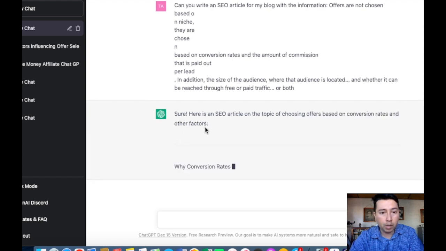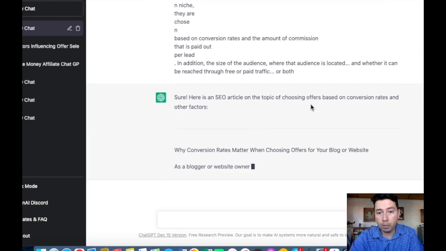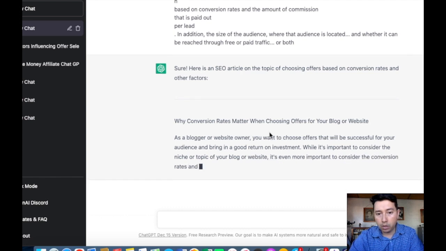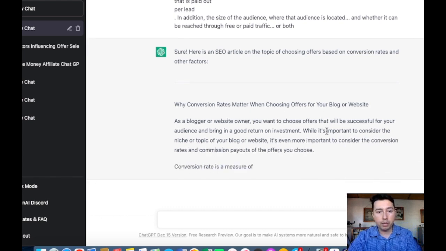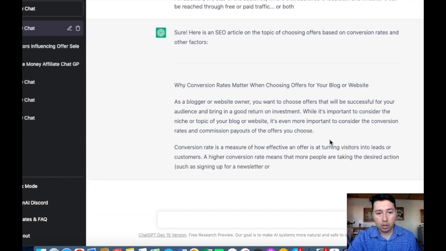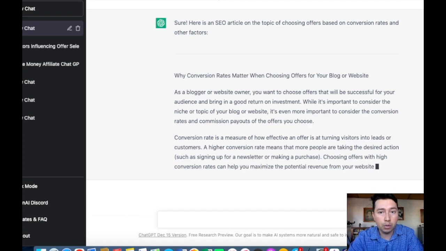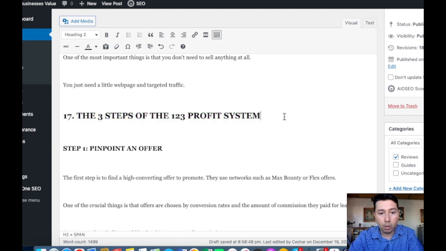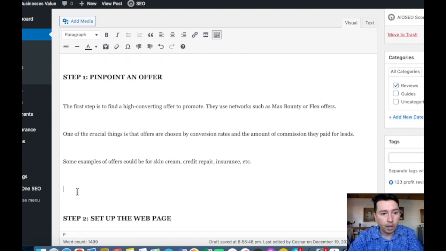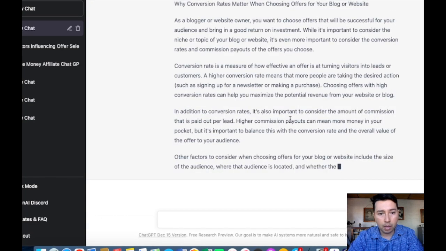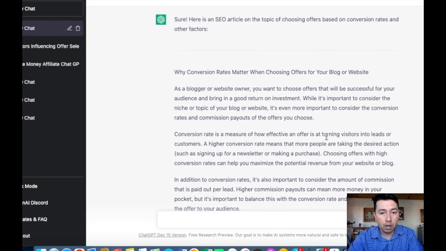the article. So, sure, here is an SEO article on the topic of choosing offers based on conversion rates and other factors. Why conversion rates matter when choosing offers for your blog or website. As a blogger or a website owner, you want to choose offers. And so this is cool information that we can use. See it here. As you can see, I have here the 3 steps of the 1 2 3 profit system, and I wrote these 3 sentences,